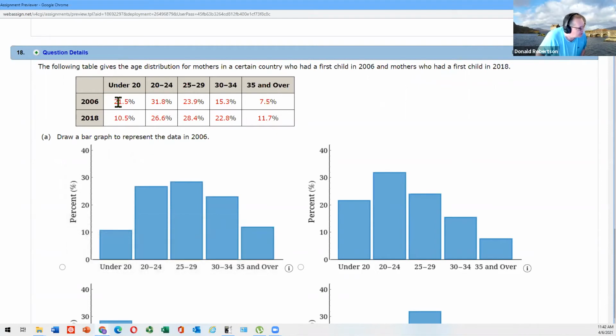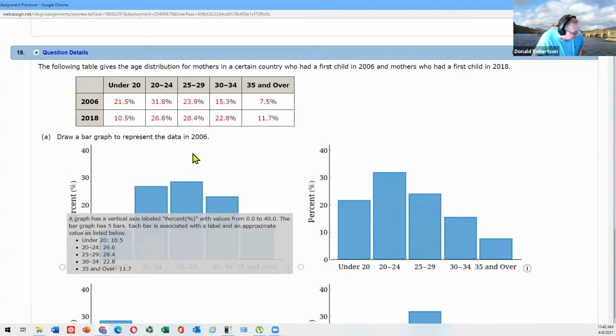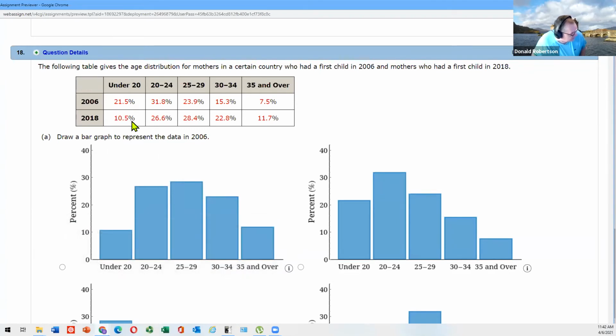Now, in 2006, 21% of them were under 20 when they had their first baby. And only 7.5% were 35 or over. In the year 2018, it has changed quite a lot. I think the major change that I see isn't the number of young people having their baby